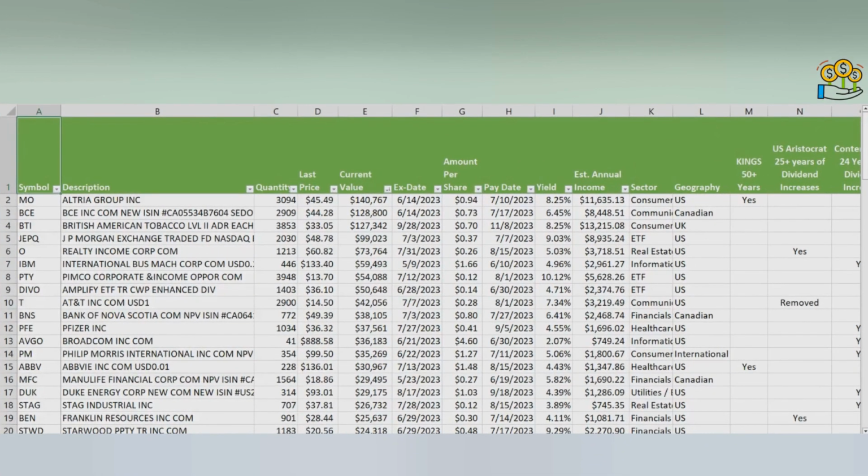Okay guys, so here we are in my spreadsheet, and just to orient you quickly, I've got the symbol, the description, the quantity of shares that I have, the last stock price, the current total value that I have in my portfolio, the next or most recent X date, the amount per share, the next or most recent pay date, the current dividend yield, my total dividend annual income based on how many shares I have, the sector, geography, and